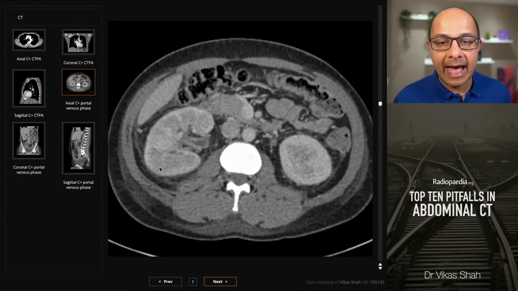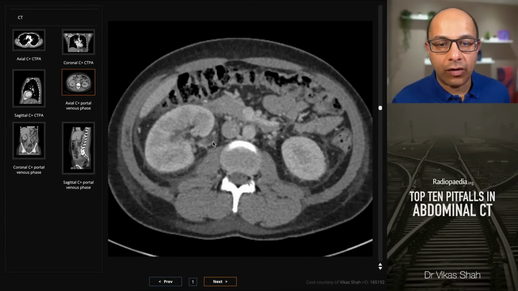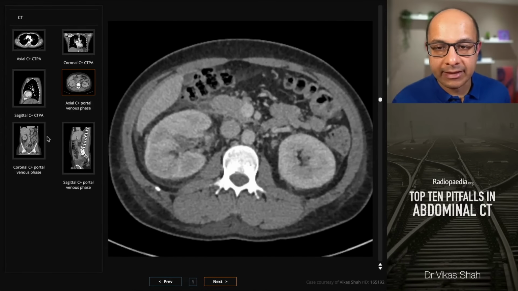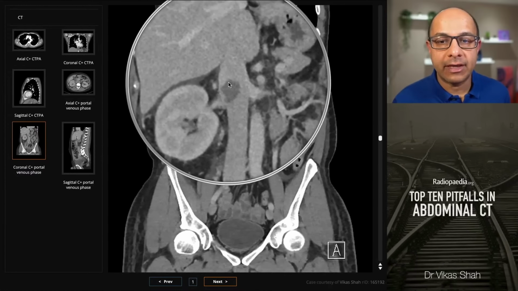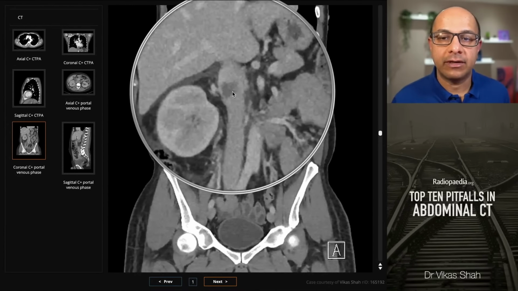The right kidney has an abnormal contrast enhancement pattern compared to the left, with asymmetric perinephric fat stranding, and so this is someone who's developed venous thrombosis, and on the coronal imaging you can see that this looks different to the other case, where there is a sharper edge to this thrombus compared to that venous mixing phenomenon we saw